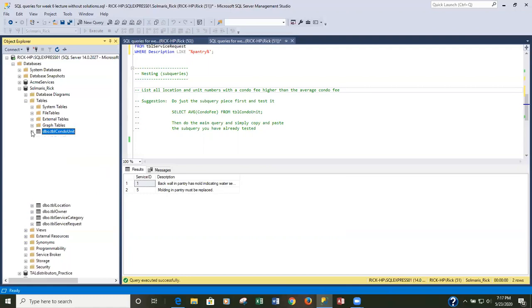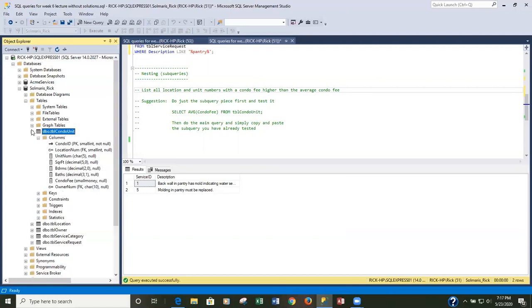The data is going to be in the condo unit table because there's our condo fee. It says here that we have to list all the locations and the unit numbers where the condo fee is higher than the average condo fee. What is the average condo fee? Well, I don't know. We can figure that out with